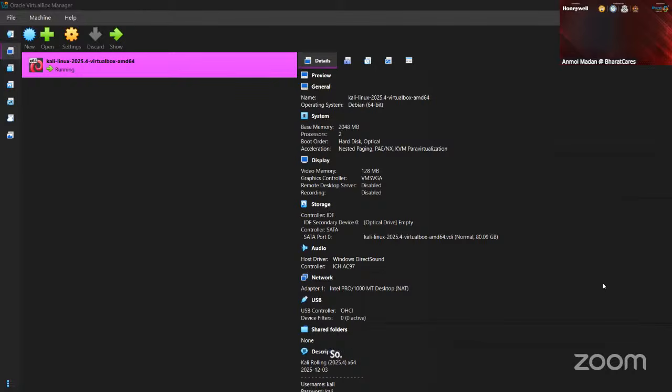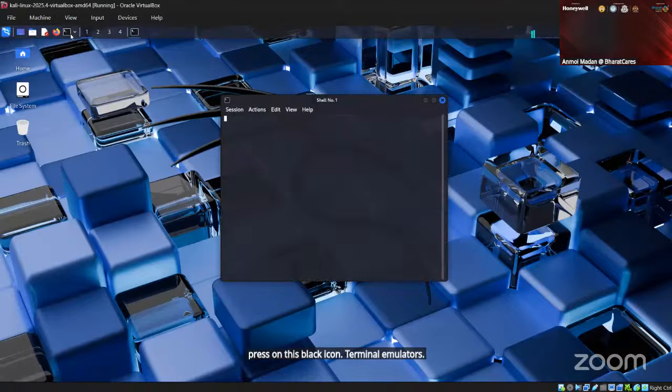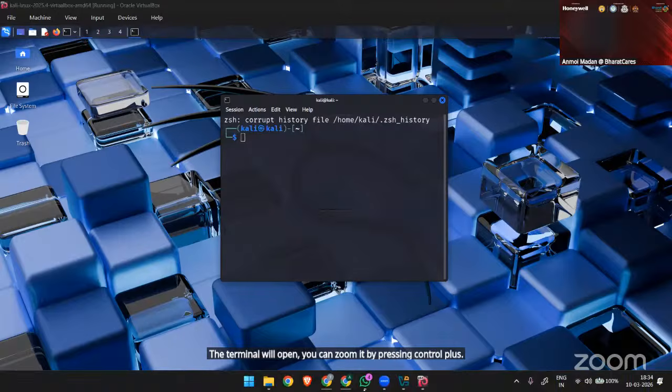So for all those who have completed, they can start their Linux, and it should look something like this. Okay, done, sir. Great. You can start executing the commands. Press on this black icon, Terminal Emulator. The terminal will open. You can zoom it by pressing Ctrl plus to zoom it, and you can start exploring the